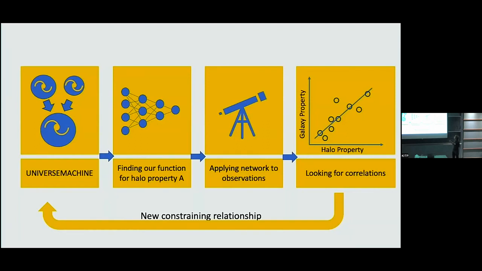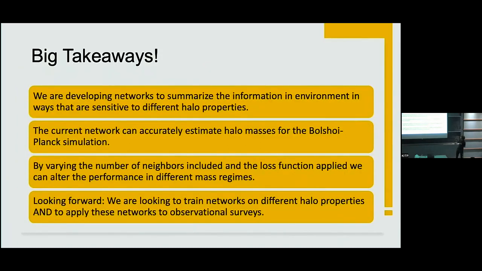If we apply it to a large observational survey, then we can make a plot just like the one that I showed towards the beginning with galaxy size and halo growth rate. We can make this plot of galaxy property versus halo property, or how both the galaxy property and the halo property evolve with the environment, and look for correlations there. And that will tell us for our future simulations what kind of relationship we need to be able to reproduce. So that's an overview of where we're at, where we stand.